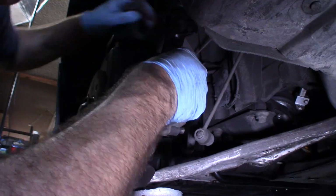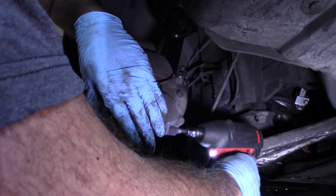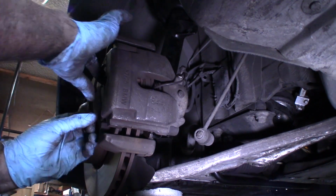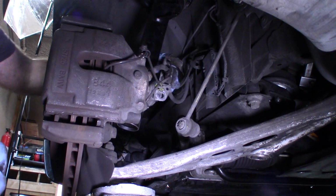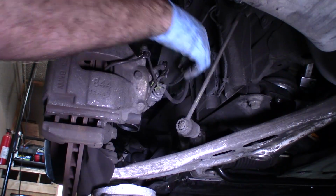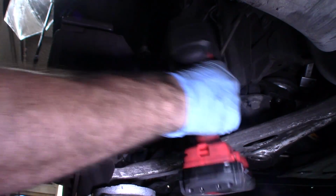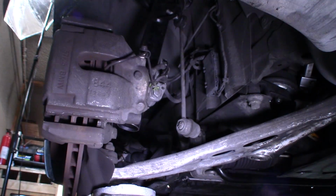Wear sensor goes here. It's the bleed nipple. Don't forget that spring. Now we can put that bolt back in. Number right there. Is that 18? 18. I'm sure the torque on that is very tight. So that's very, very tight. And for that sway bar link,